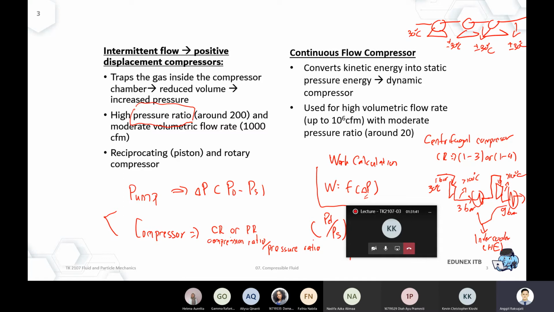And if you push the centrifugal compressor to work at a very high compression ratio, instead of 3, now you push 1 bar directly to 10 bar, what's going to happen is your temperature will probably be even higher than 300 degrees C. That's too hot, too costly, and too hard to handle. So one big difference between pump and compressor is again the compressibility that really affects the temperature profile of a compressor.